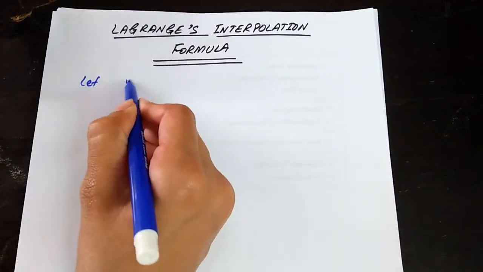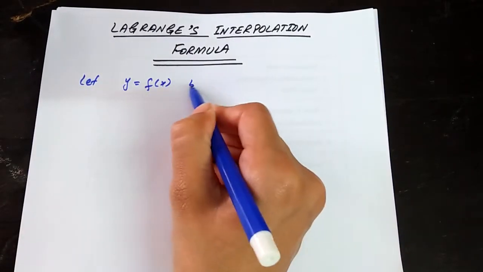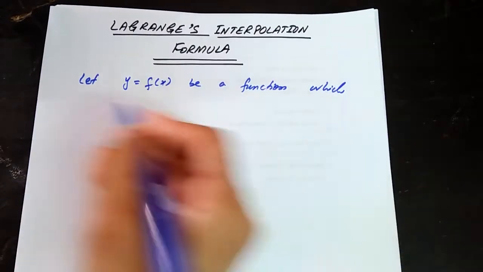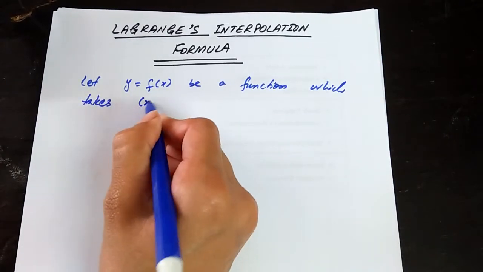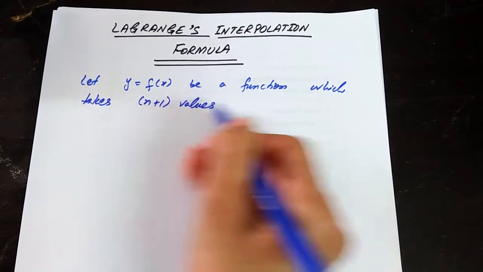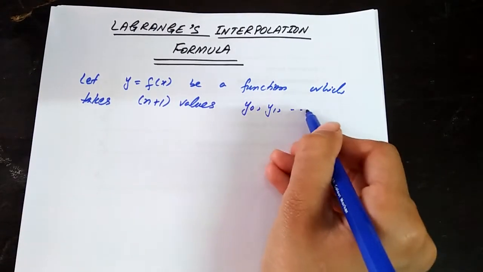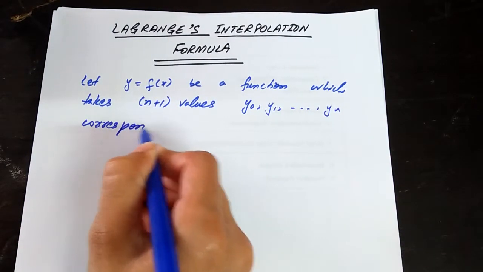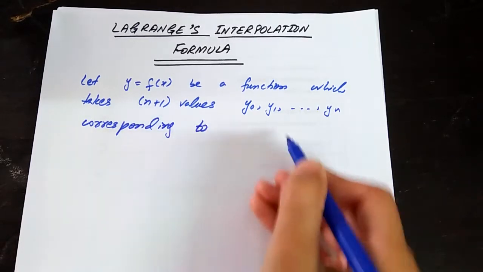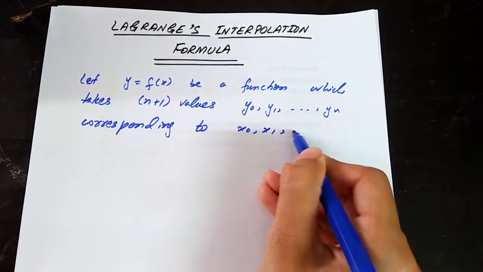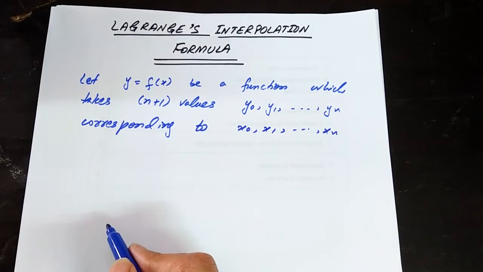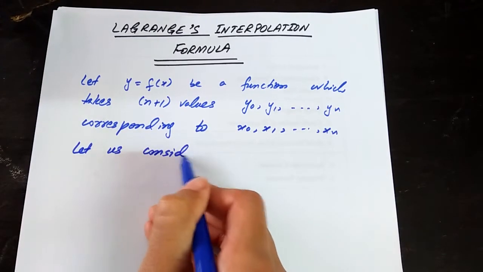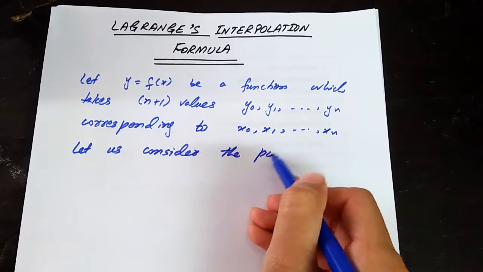Let y equals f of x be a function which takes n plus 1 values y0, y1 up to yn, corresponding to x0, x1 up to xn. Let us consider the polynomial of the form